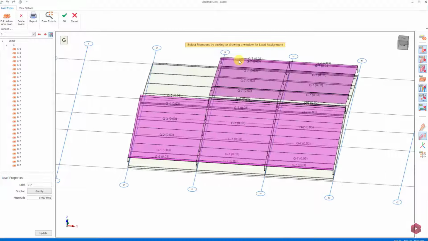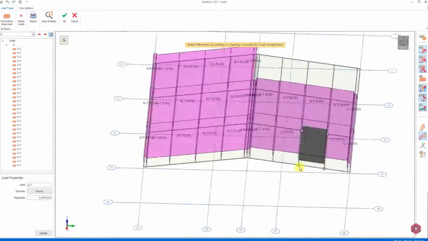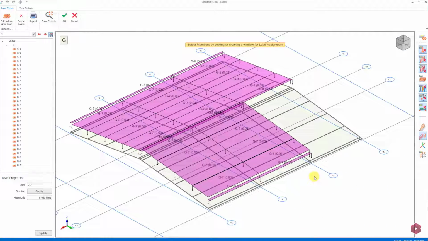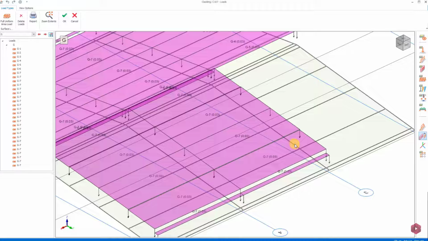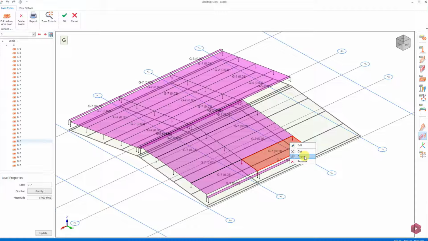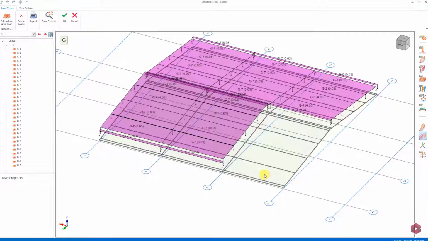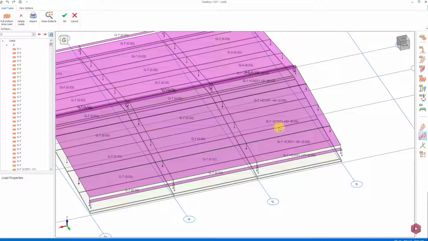As a different alternative, we can copy the loads we have added and paste them on the cladding objects that we will specify. For example, after selecting the cladding load in this section, let's right-click on it and select the Copy option and select the panels we want to copy the load to by pressing the Control button or by dragging method. Then right-click and paste. The loads created by copying have the label and the cladding numbers of the load from which they are derived.